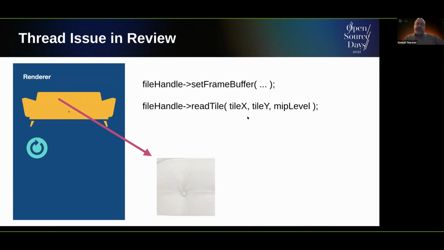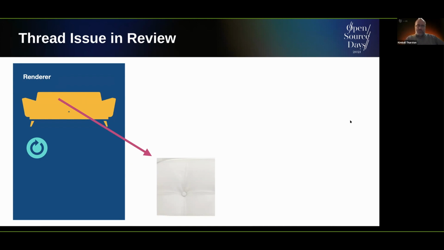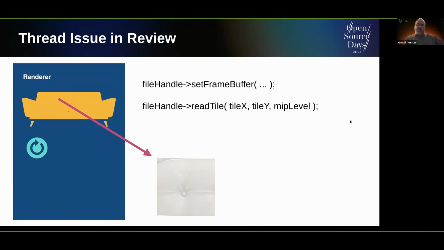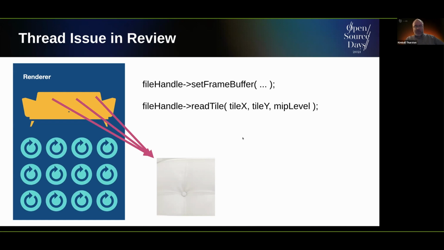then you can make the standard file handle calls, and say set frame buffer and read a tile. This is fine. This is great. This is what the OpenEXR API has done for years. But if you have a bunch of threads now, and because we have a pattern, and it's lazy programmer art, and I only pulled a small piece of a couch, we might need to repeat that, and so we might be accessing the same tile in a bunch of threads,